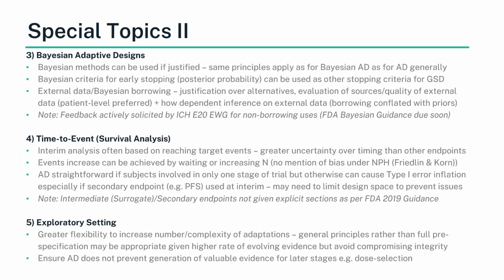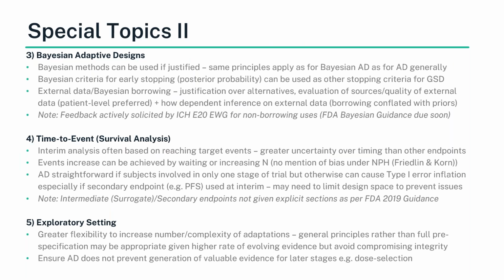I would say there's definitely been feedback that maybe external data and Bayesian should be in different sections, because there are frequentist ways of doing borrowing, and there's an overemphasis here that Bayesian and borrowing, basically dynamic borrowing, are being over-conflated. So I wouldn't be surprised if the external data or borrowing is put into a separate section